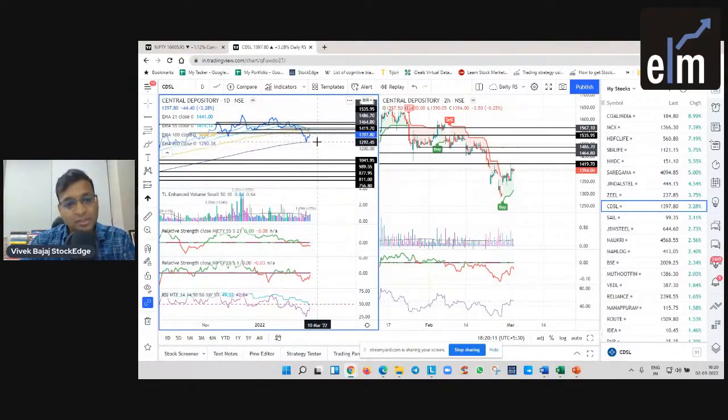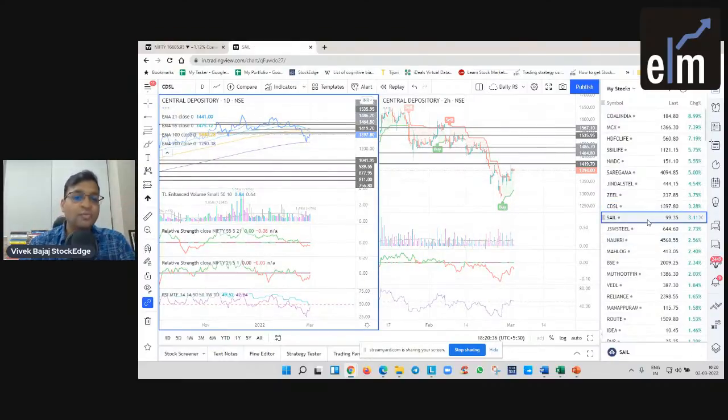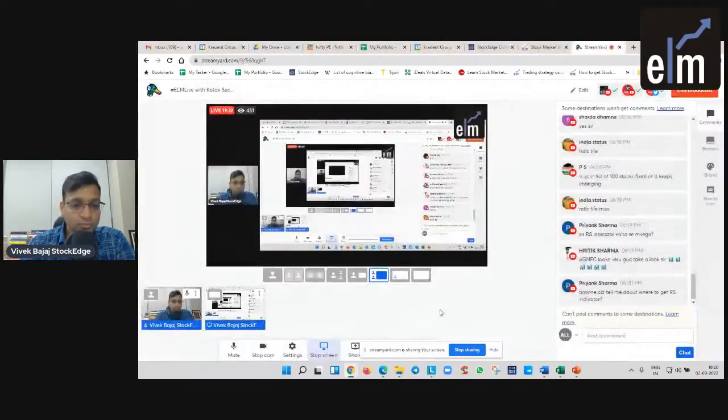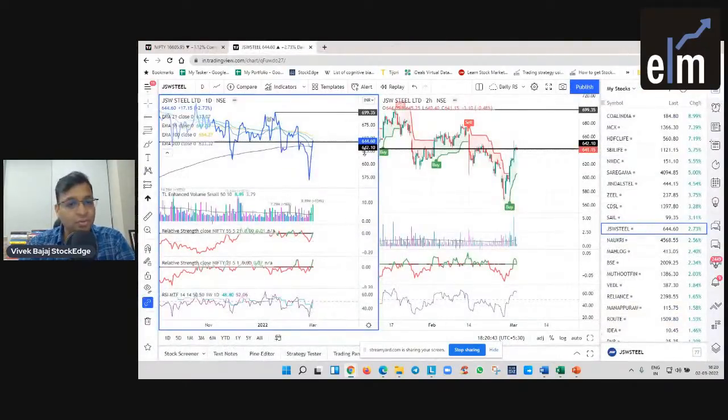So a momentum investor will not mind leaving this initial 15-20% movement from the previous swing low, because if the momentum comes back, the stock has a higher chance of generating more return. So you have to decide what you are. Are you a value investor or a growth investor willing to buy at lower levels, or are you a momentum investor? That judgment, first thing first, you have to make before you participate in the market. And this is what I've been telling everyone.